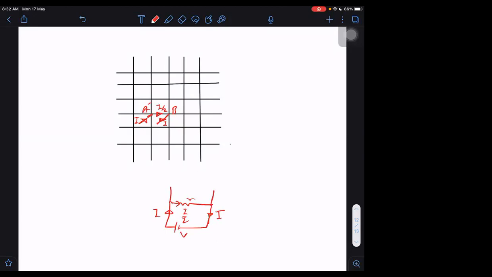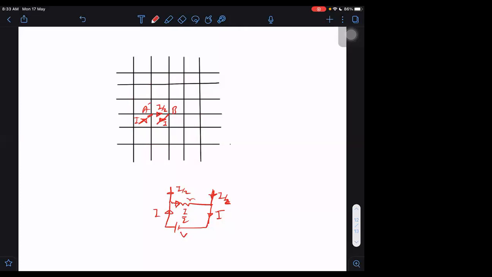What current goes to the remaining part of the circuit? I by 2. To the remaining part, I by 2 goes because I by 2 has come to a single branch only. It means the remaining whole circuit, entire circuit. We don't know how it gets redistributed, but whatever it is, it is only I by 2. And that is wonderful.